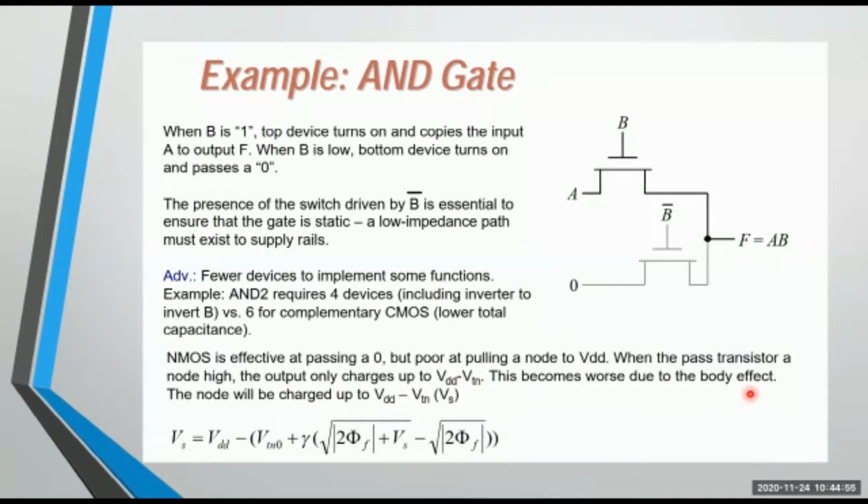Body effect means you're talking about the substrate part. If the substrate is having some voltage, then you definitely get a much lower value than what you get here. Now let us see the value of the voltage stored at the source. The node will be charged up to VDD minus VTN. That node has been given as VS; in the previous case, it was taken as VX. That value is given by this equation, which is mainly used to calculate the minimum voltage stored at node X or node S in this case.